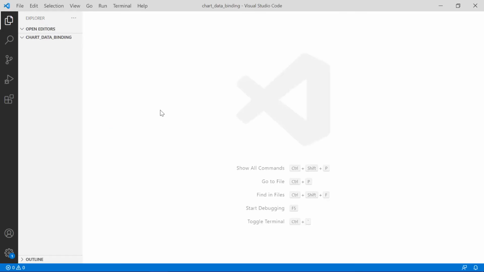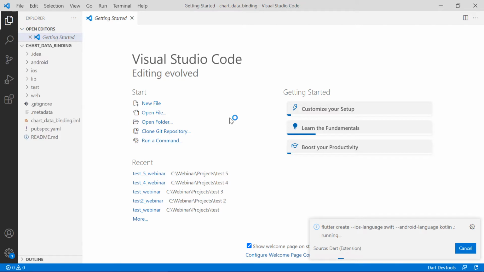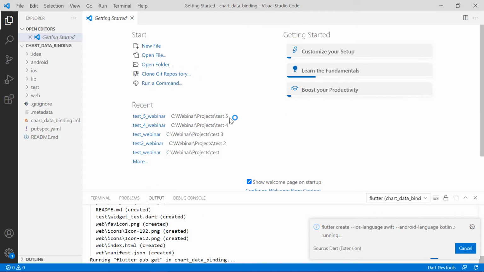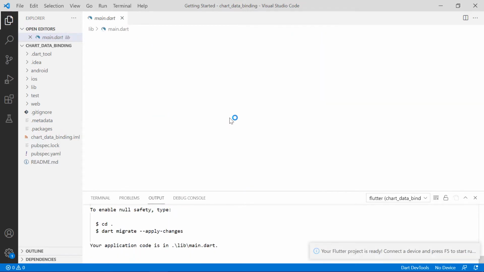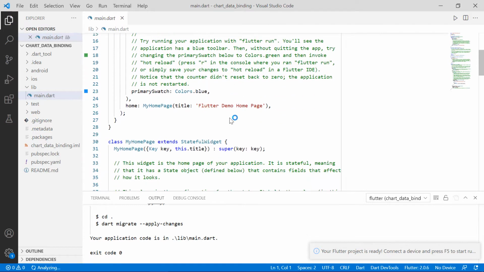So the project is getting created. And here we go, the default Flutter app got created.